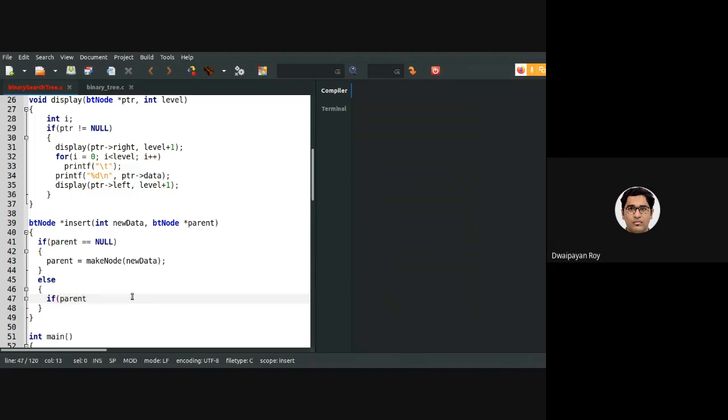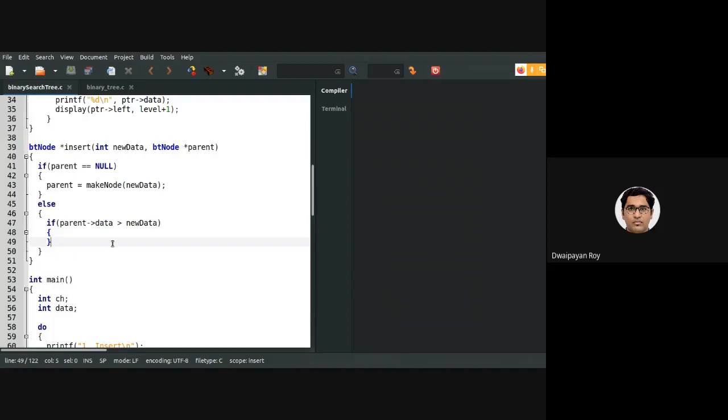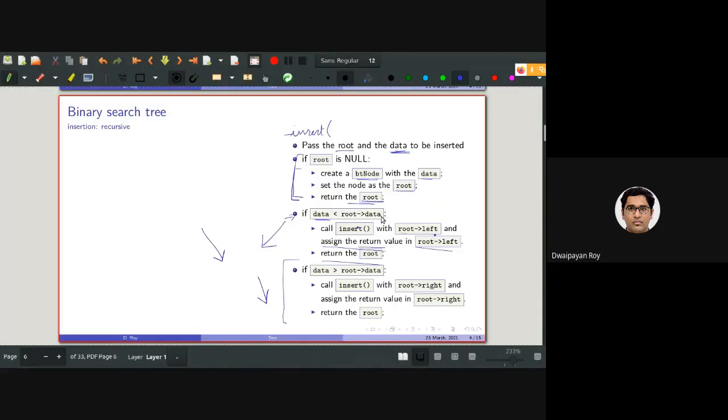If parent data is greater than new data, then the new data will be going in the left direction, right? This is the case when the root data is greater than the data. So we need to call the insert function with root left and assign the return value in root left.